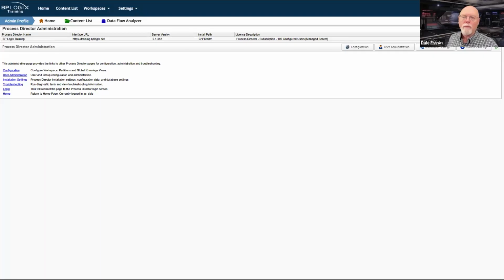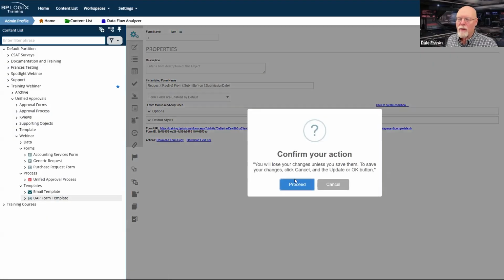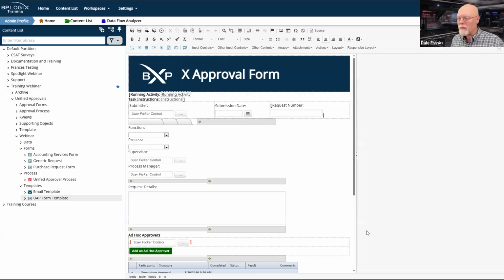So far in this series, we've done a couple of things. The first thing that we did is that we created a form, or rather a form template, that was designed to, I'm sorry, I'm having trouble finding out where my mouse pointer is. It's the trouble with having two monitors. So we created a form template, and the purpose of this form template was to give us a base for any kind of request that we wanted to create.